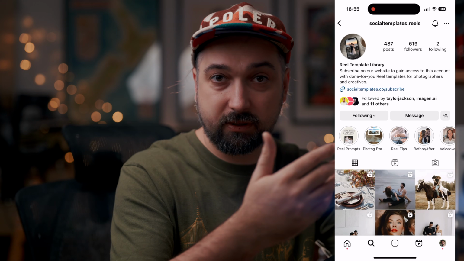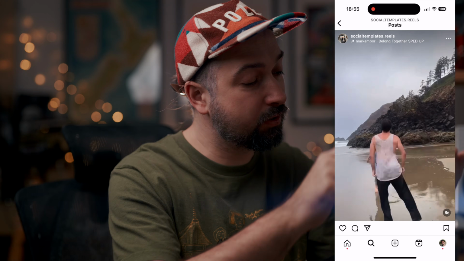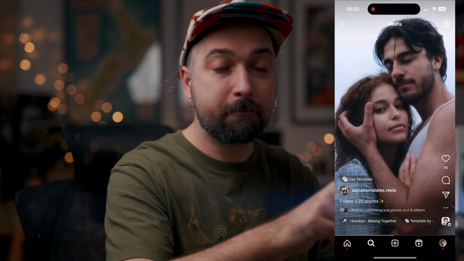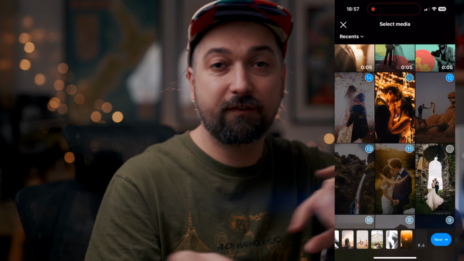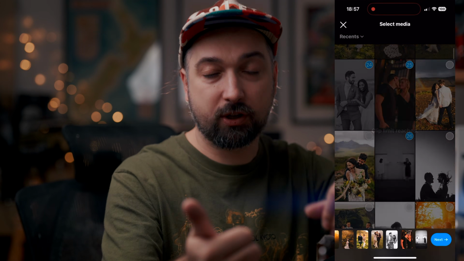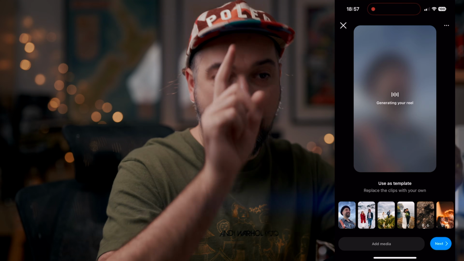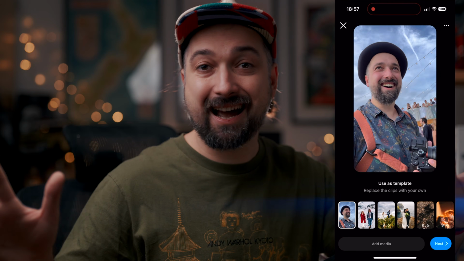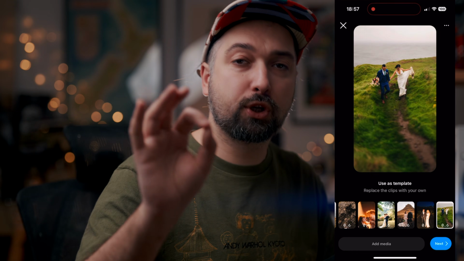So it works like this. You get access to this account and you just scroll, find the reel that you find interesting, you click use this template, and then it shows you a bunch of boxes that you can just upload your photos and videos to. It's already beat matched. Again, it's using trending audio, so it's really just upload and go. That easy. I already posted my two reels with this,